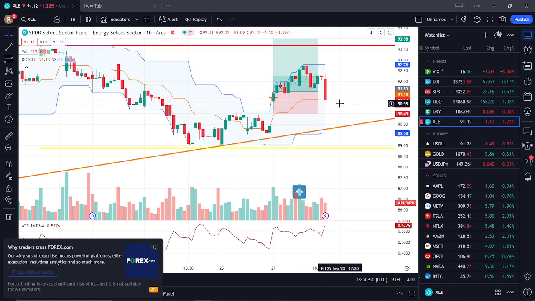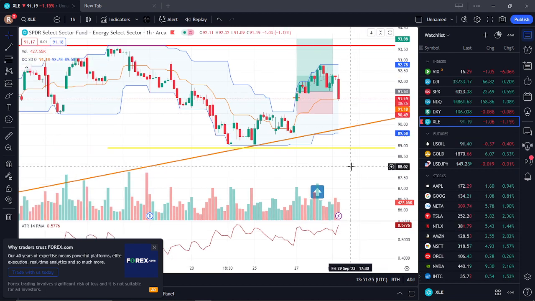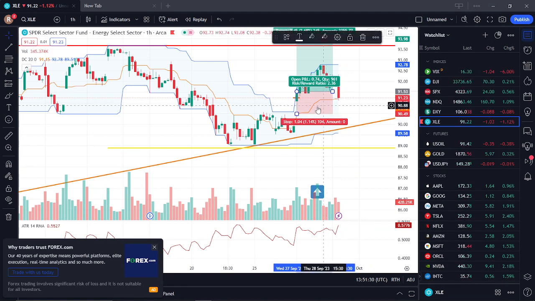I'm not going to add more. The only reason to add is if I see buyers come in, I see a false hammer again. Otherwise, I don't want to add until it breaks up. When it breaks up, it's like adding a breakout trade. So you add only when the instrument is going for you, not when it's going against you. You don't compound down, you compound up. Okay, I will just leave it as it is. Make sure I don't have any accidental or floating orders out there.